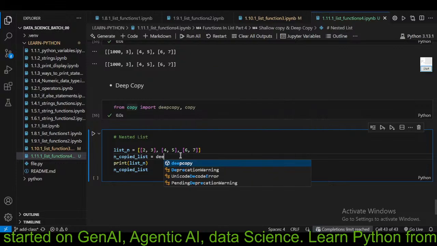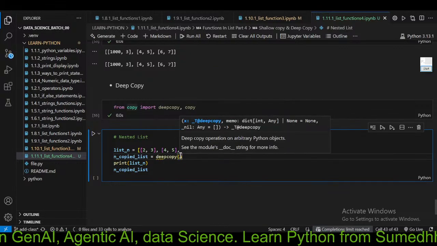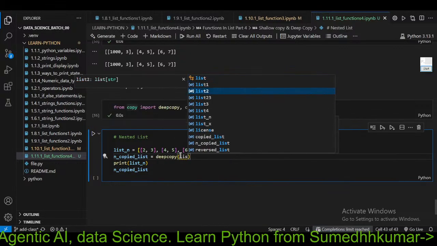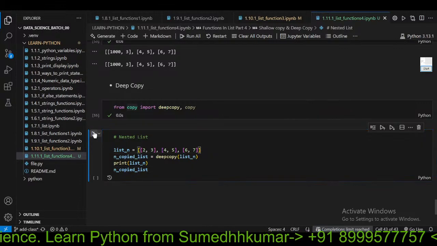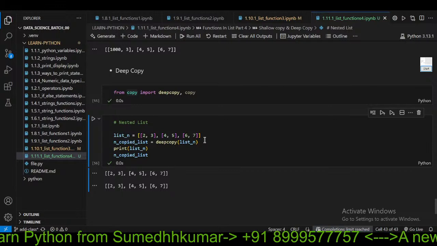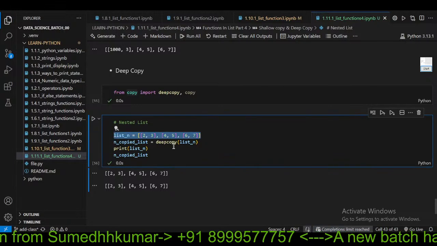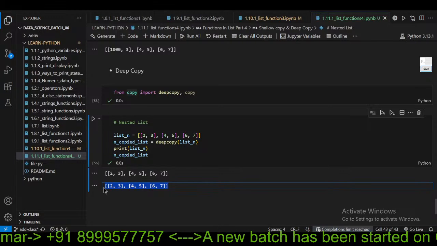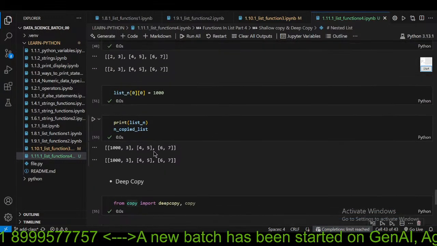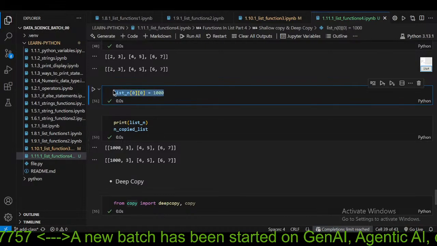I need to say like this, deep copy of list n. Okay, so what happened is, now if I print this we get the same. So now I have made a deep copy of this. Okay, this is the deep copy. Now if I make changes like this, then what I do again is